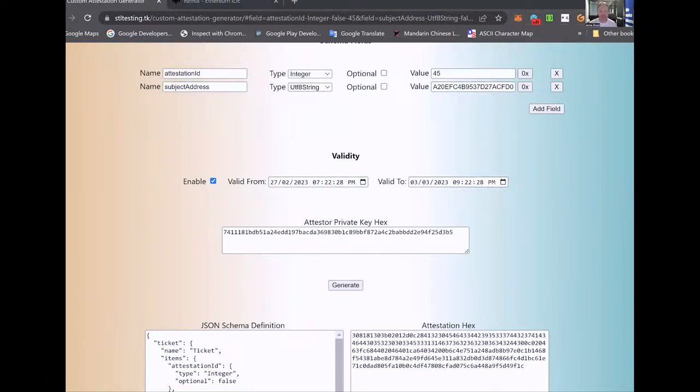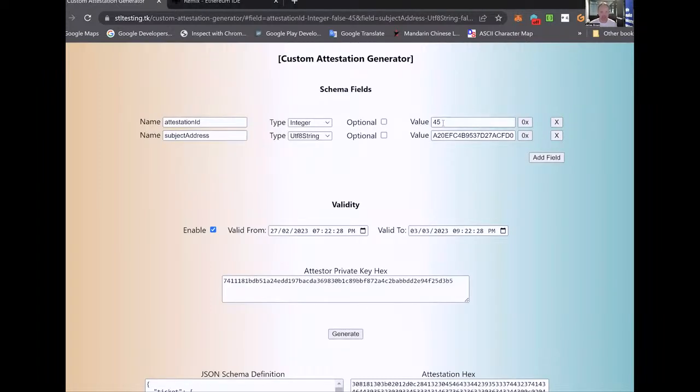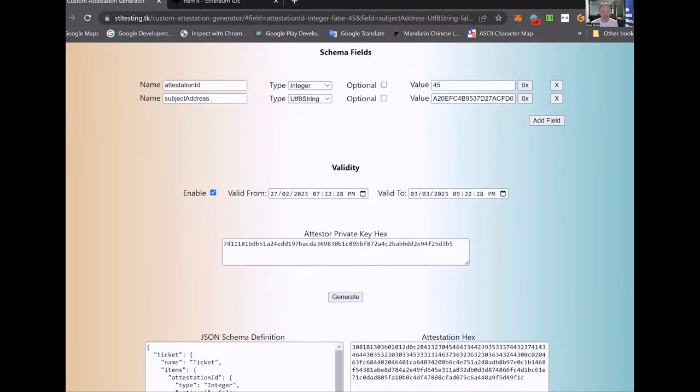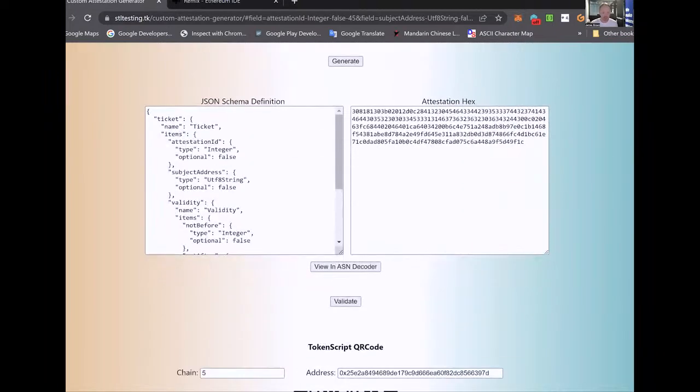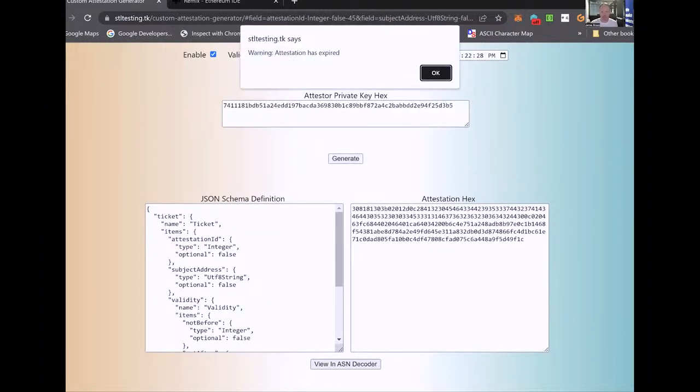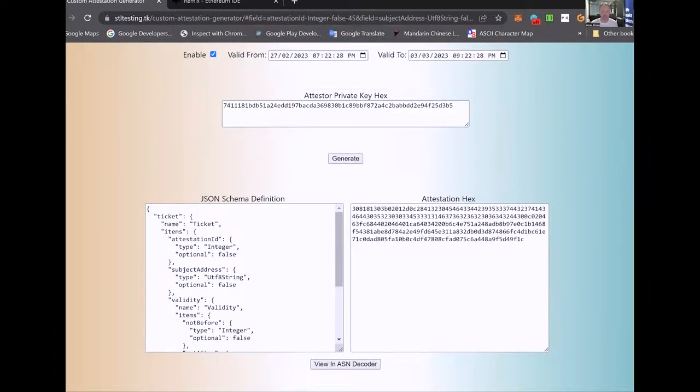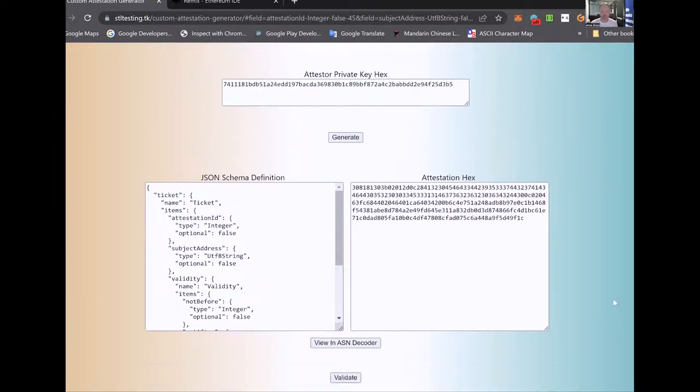Here's the manual version of what the backend server would be doing. So we've got a room number here. This attestation is going to be linked to an Ethereum address, but in future it will be linked to an email address. Just for the purposes of brevity, we've got that. So let's go ahead and generate that attestation, and it's warning me that it's out of date. That's okay, I'm cool with that.